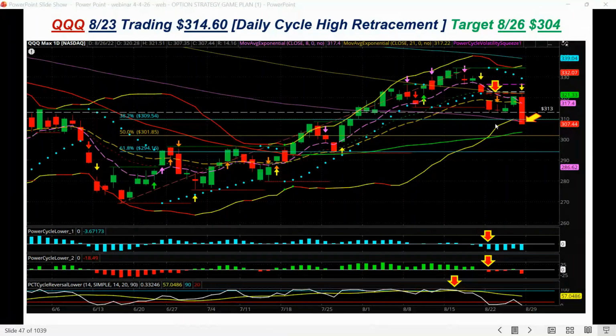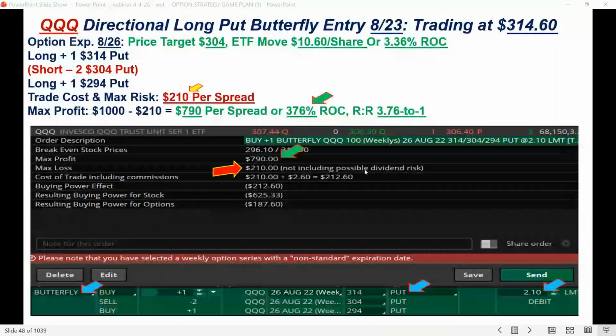This would be based on our Fibonacci price target mapping analysis, which you're going to get as a bonus in the course. All right, so here was the trade setup targeting the 304, which was a target based on Fibonacci, moving averages, price action, things like that. So that was the target. It was trading when we set it up at 314.60. So we targeted 304. So we did the 314, 304 put debit spread side, then sold the 304, 294 bull put